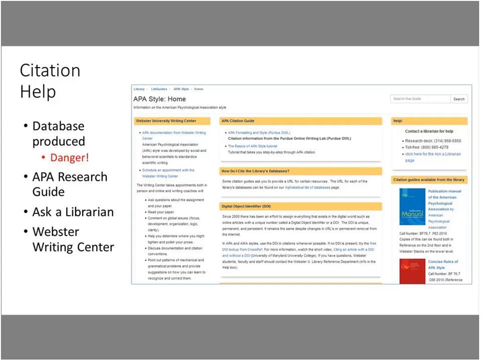If you're going to call the research services desk or Ask a Librarian desk, they'll spend as much time as they can with you, but do be aware that they're staffing a desk and they're answering the phone, answering emails, answering people walking up to the desk. So that's why we suggest that you might start with them.